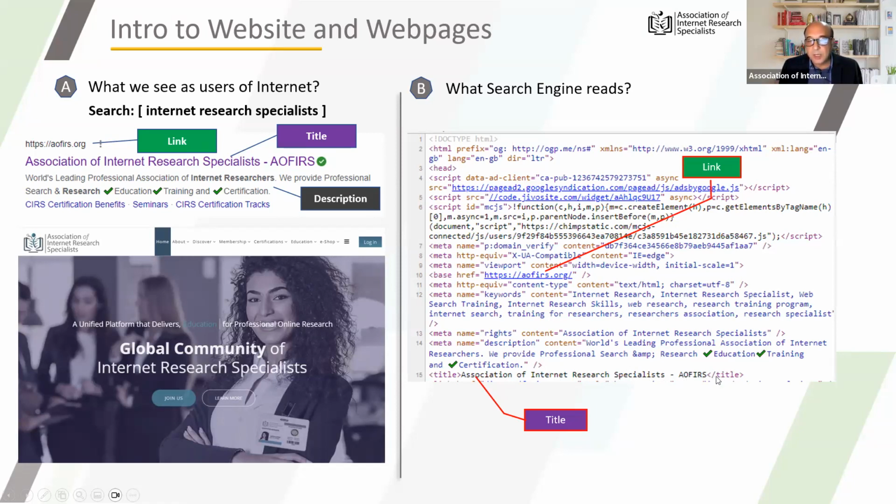So anything that is placed inside of these tags, which is opening and closing, and in between textual information, that is what we are interested in. And to know where the information like the title of that page is extracted, we will just focus on the title tag. So here, the title portion of the snippet is extracted from the title tag.